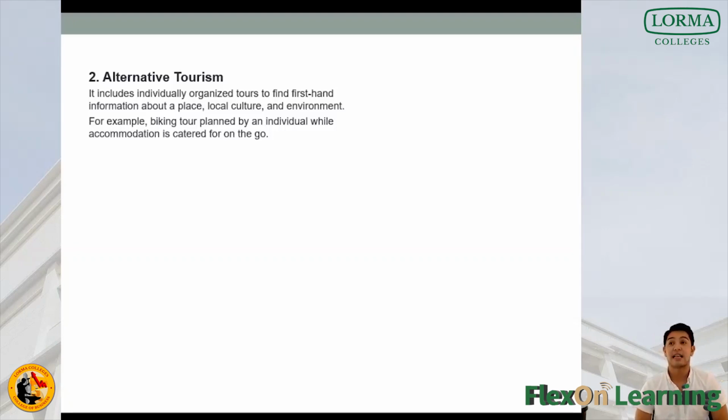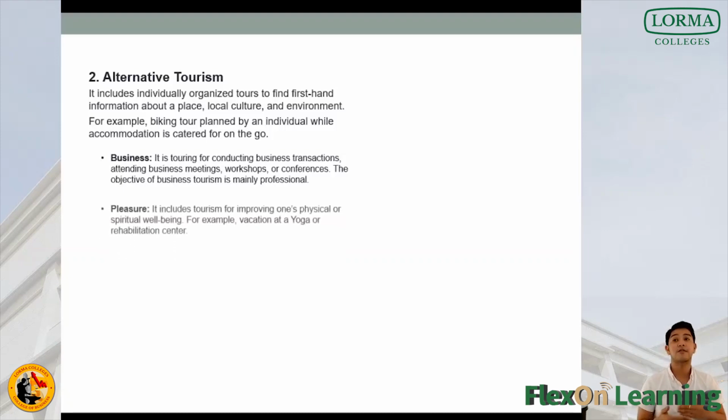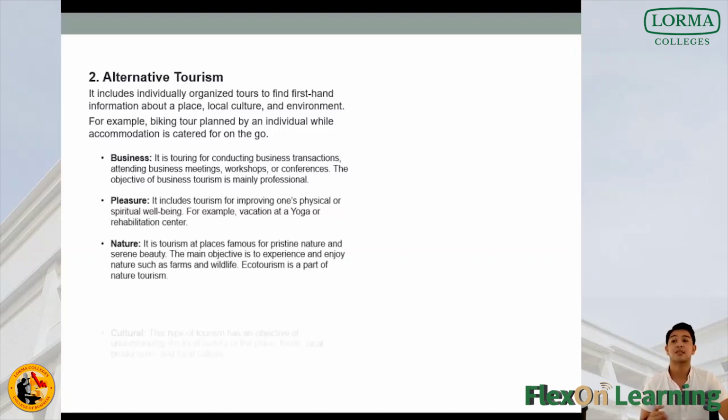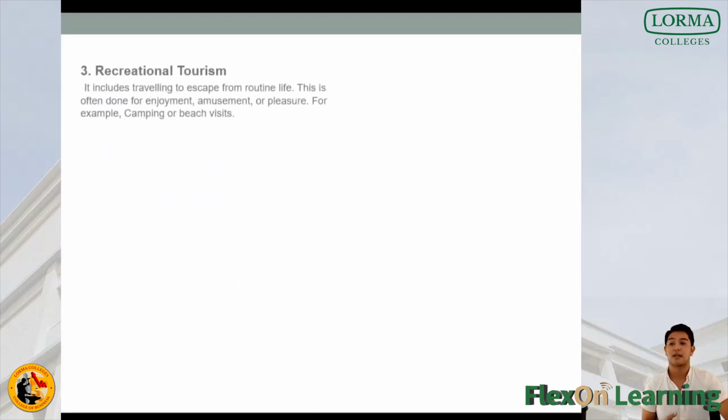Second, we have alternative tourism. It includes individually organized tours to find first-hand information about a place, local culture, and environment. For example, a biking tour planned by an individual while accommodation is catered for on the go. In alternative tourism, we have business, pleasure, nature, cultural, social,